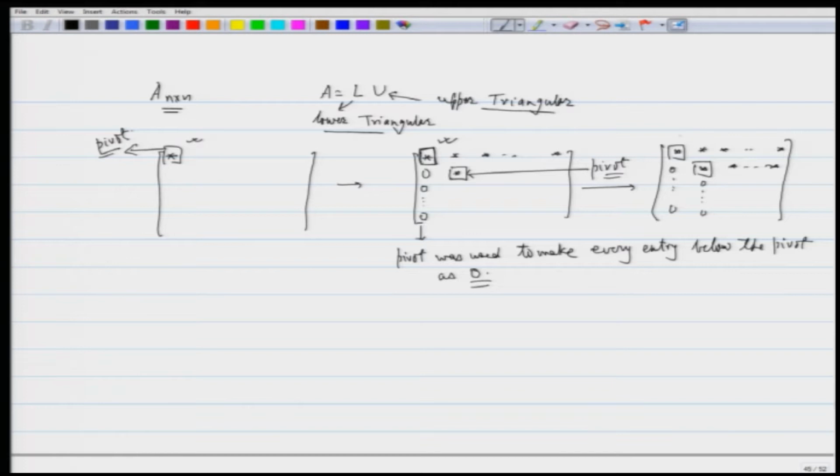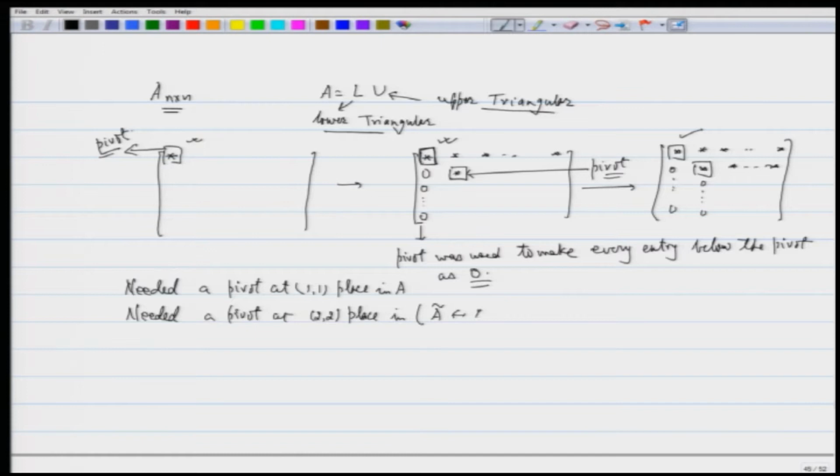So, the idea was that I needed a pivot at the 1 1 place in A, and I needed a pivot at the 2 2 place in A tilde, not A, that is important, not A. And what is A tilde? A tilde is a matrix